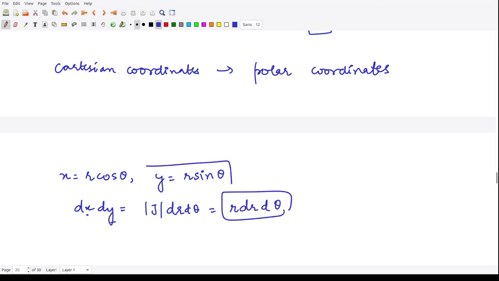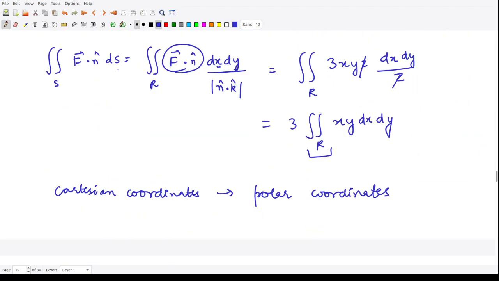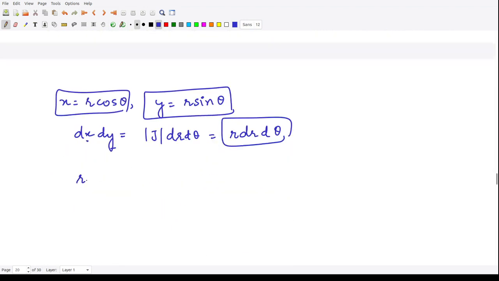So we have all these quantities, and moreover, if you see for this particular sphere, r starts from here and goes up to here. So the value of r here is 0 and the value of r here is 1, and the angle theta varies from this initial line, because we are only taking it for the first quadrant, where the value of theta is 0, to this line where the value of theta is pi by 2. So you have the limits of r varying from 0 to 1 and of theta varying from 0 to 2 pi, not 2 pi, sorry, pi by 2.